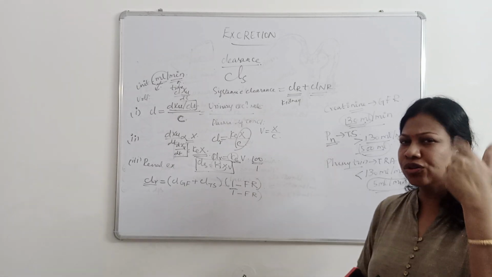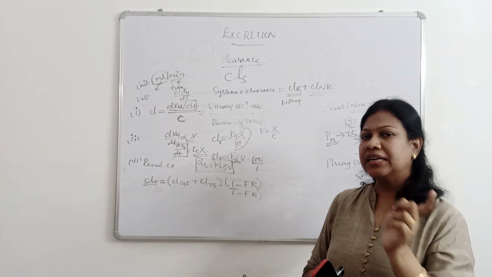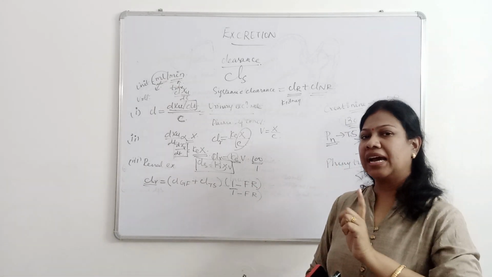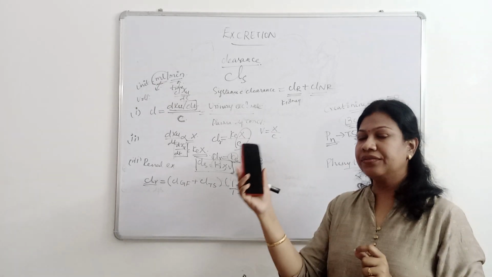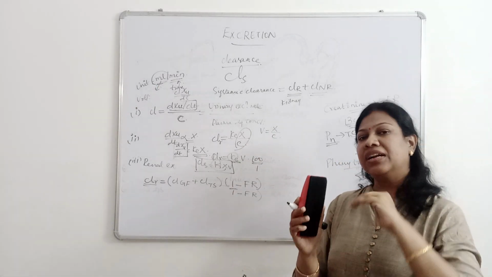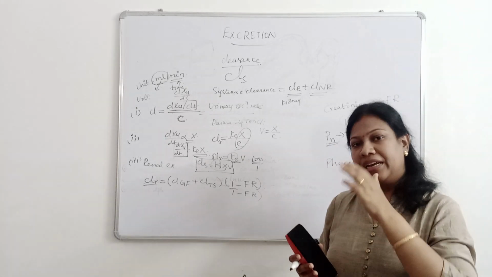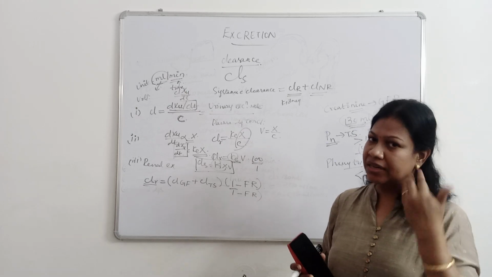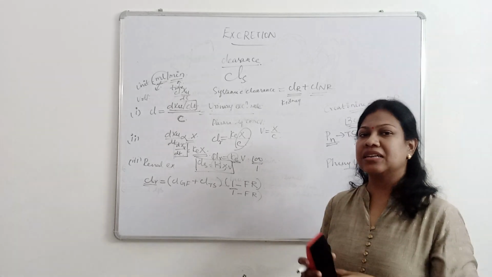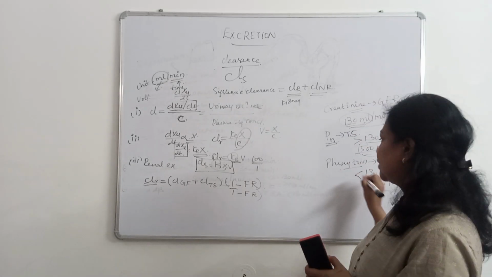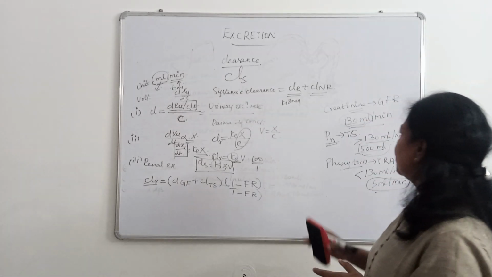So a drug with only glomerular filtration, neither reabsorbed nor secreted, will be similar to creatinine clearance, about 130 ml per minute. But if the drug is filtered as well as secreted, it will be greater than 130 ml per minute, as in case of penicillin. In case of phenytoin, it gets reabsorbed, so there will be a reduction in the clearance of that drug, that is, less than GFR, less than 130. In case of phenytoin, it will have a clearance of only about 5 ml per minute. So this is all about the